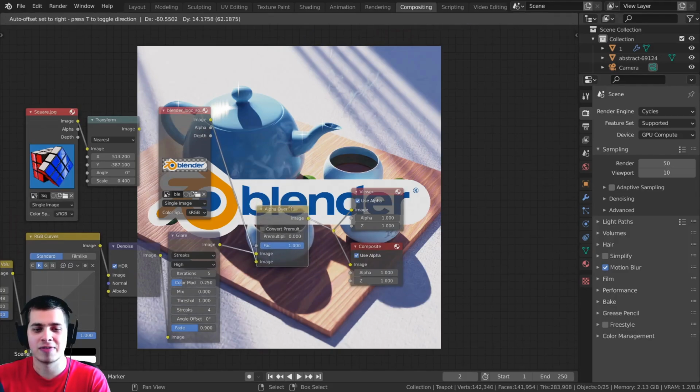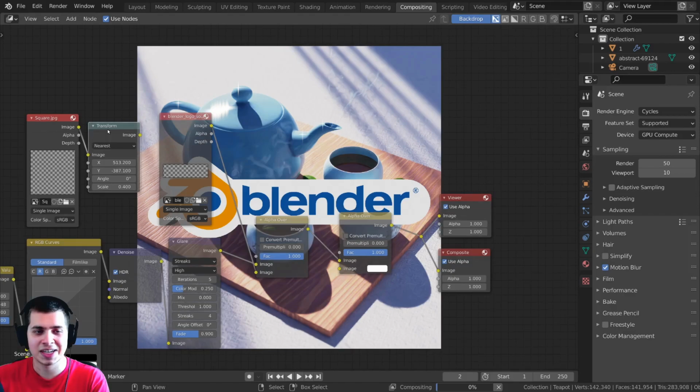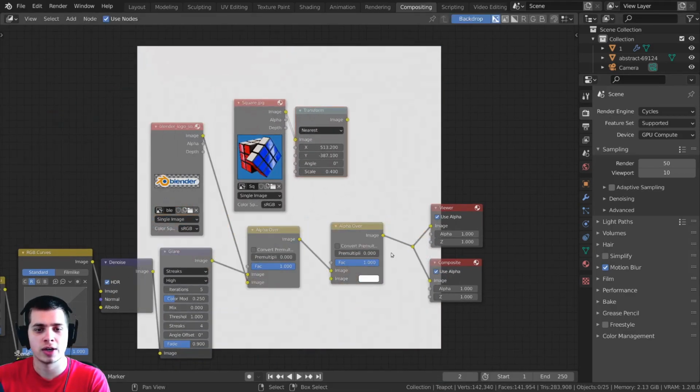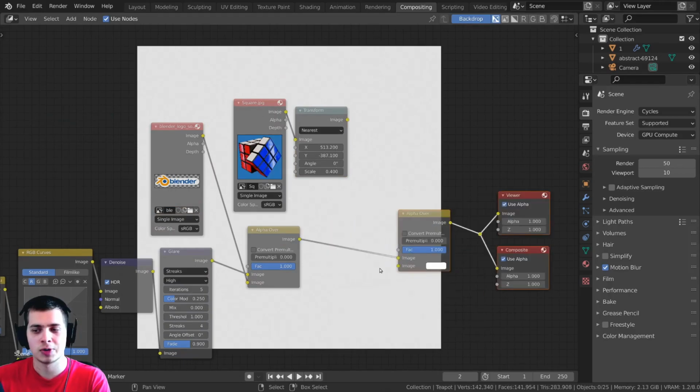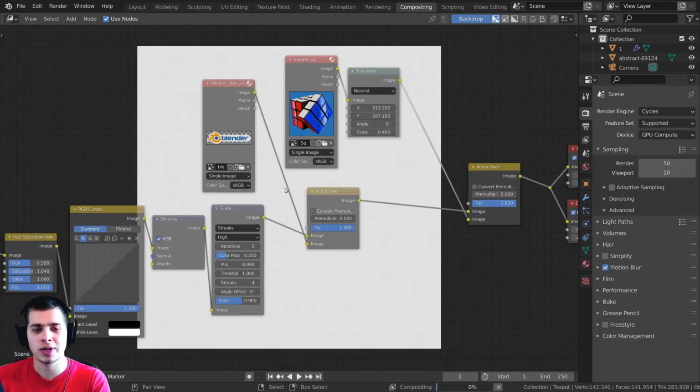So what you do is you take the alpha over, I'm going to press Shift D to duplicate it and just drop it right here. And then I need to click on this one, Shift click on this one, and press G to grab and just put it over here. And let me just box select these and press G to move them over. So now what I can do is take this image, plug this up here, and now what we're doing is